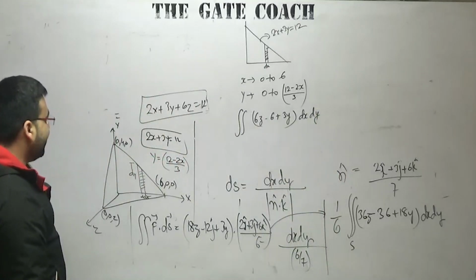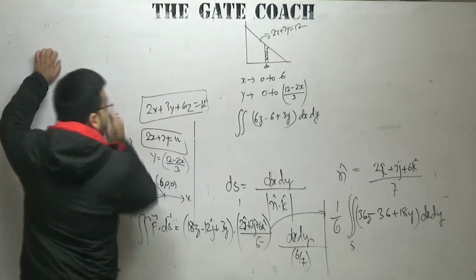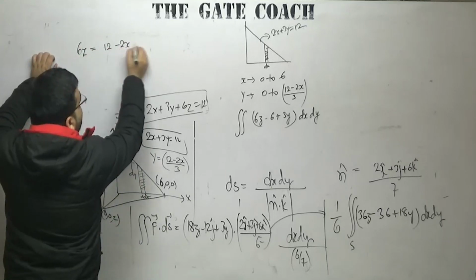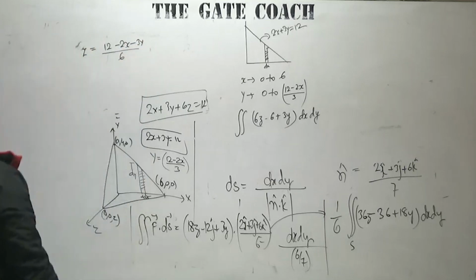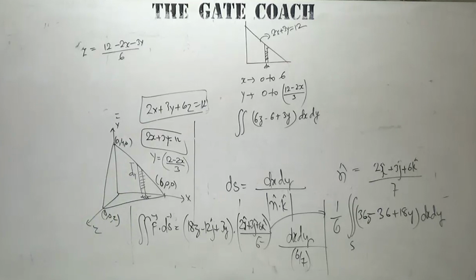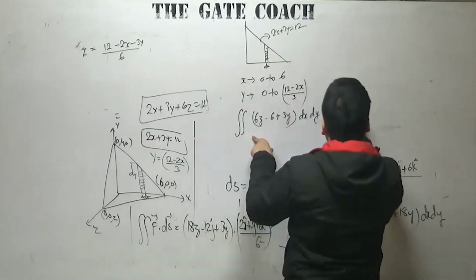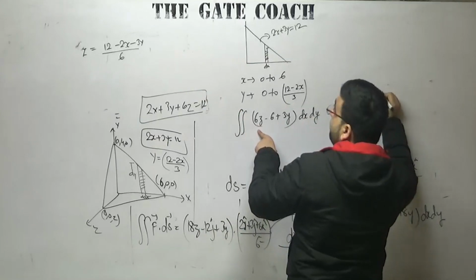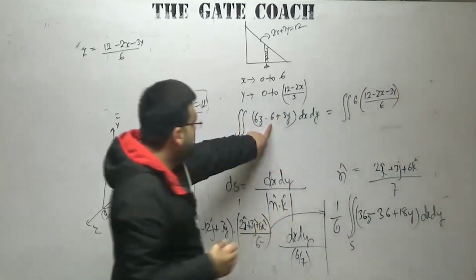So, z can be easily eliminated by the equation of this thing, right? So 6 times of z is equal to 12 minus 2 times of x minus 3 times of y, divided by 6. If you just put it here, it will be double integral of 6 times of 12 minus 2 times of x minus 3 times of y divided by 6 minus 6